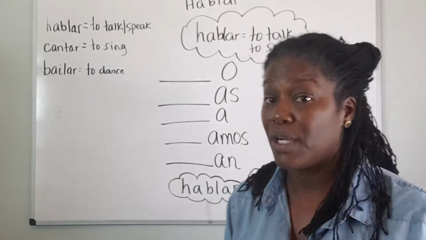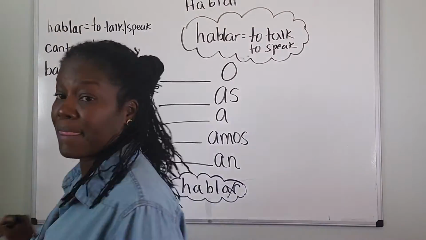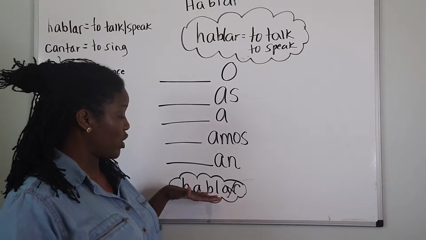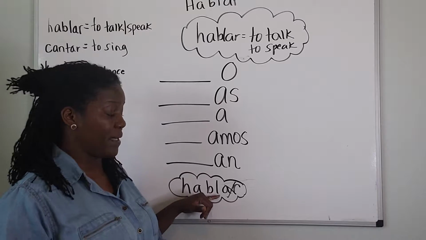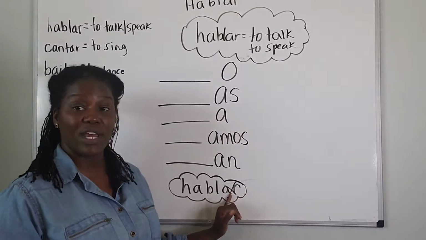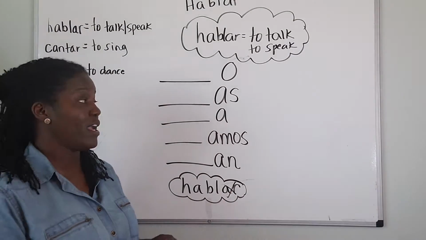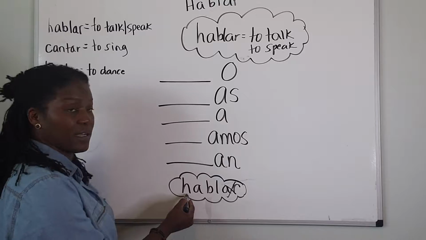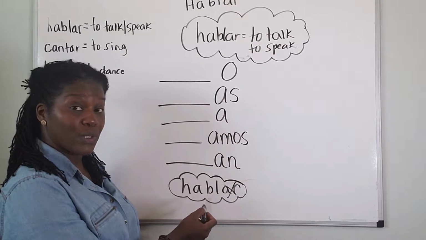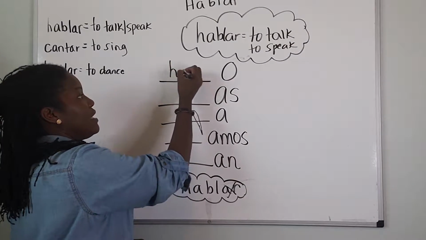And so with this word, we know we're talking about the AR verbs. All you're going to do is take off the AR and keep the stem. Take off the AR and keep the stem. So you're going to be left with H-A-B-L. That's all you have left because you took away the AR. We're talking about AR verbs. So take away the AR and keep the stem or the base. We call it the base. Some people refer to it as the stem. But you keep this part and you put it